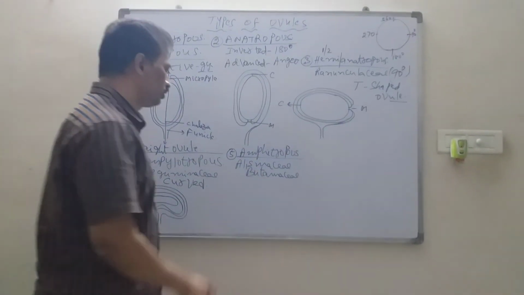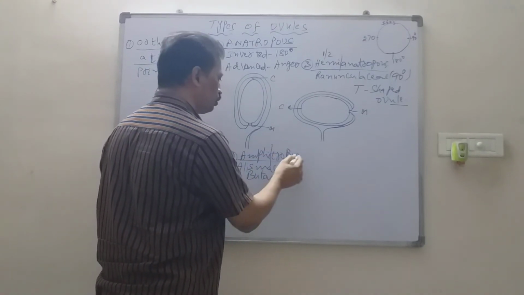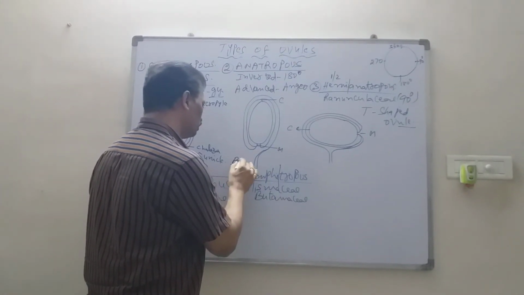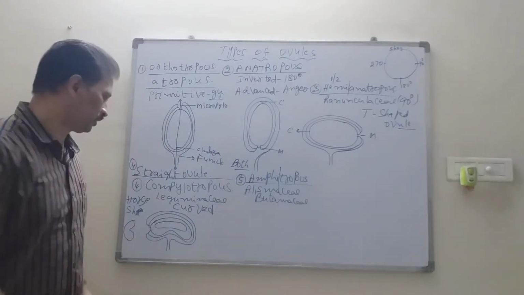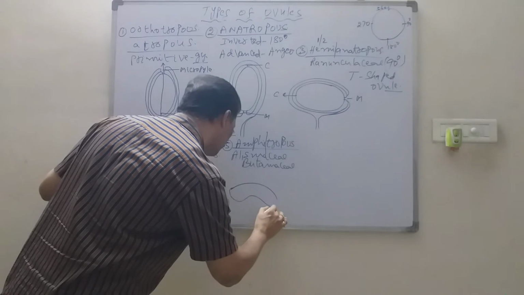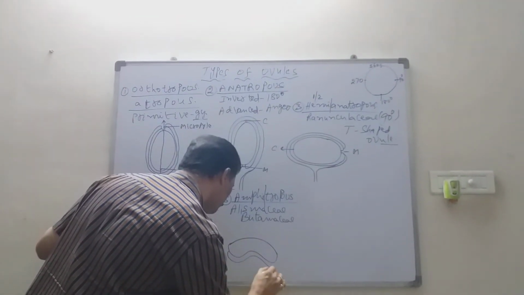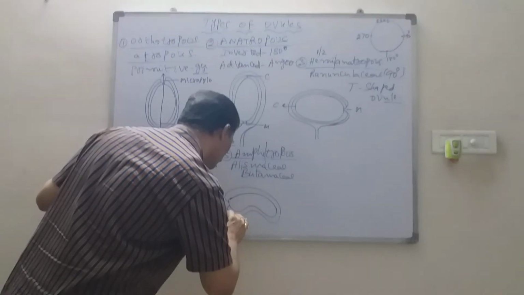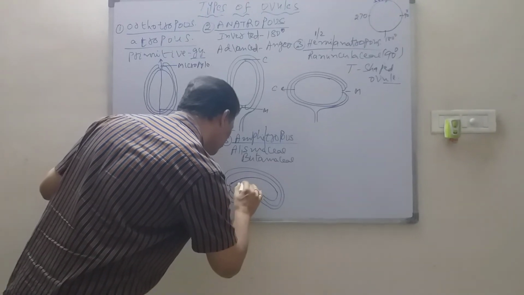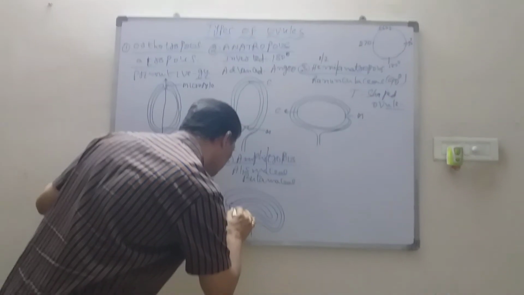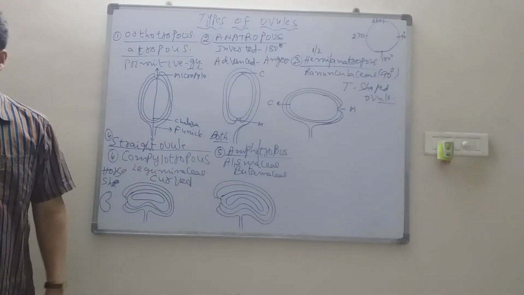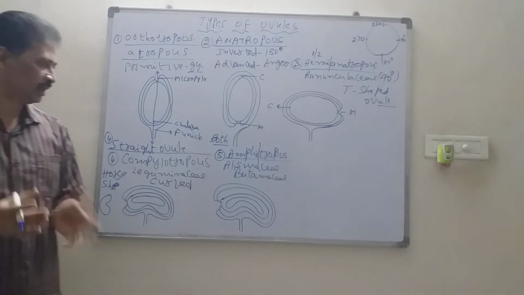So here what is the meaning of Amphitropous? So here you see, tropos means orientation, and the second one is amphi. Amphi means both. Amphi means both. So here what happens? The body of the ovule is curved like a horseshoe. Along with that, internally, what is the structure that is present? That is the embryo sac.